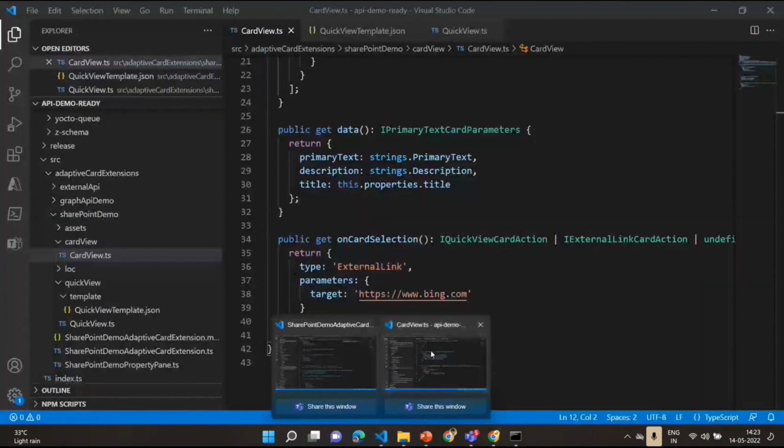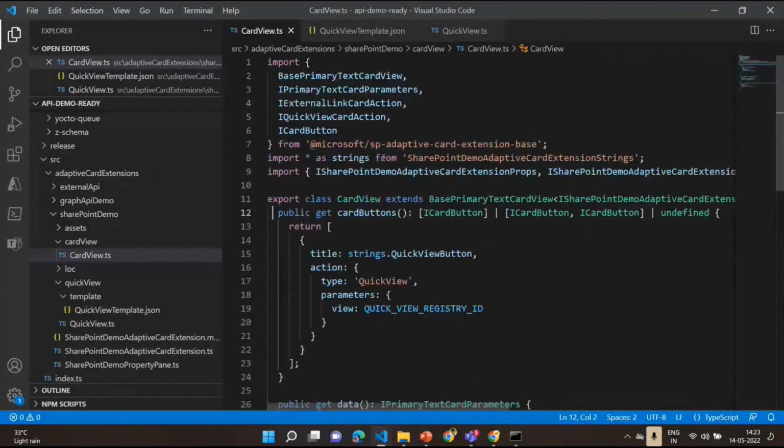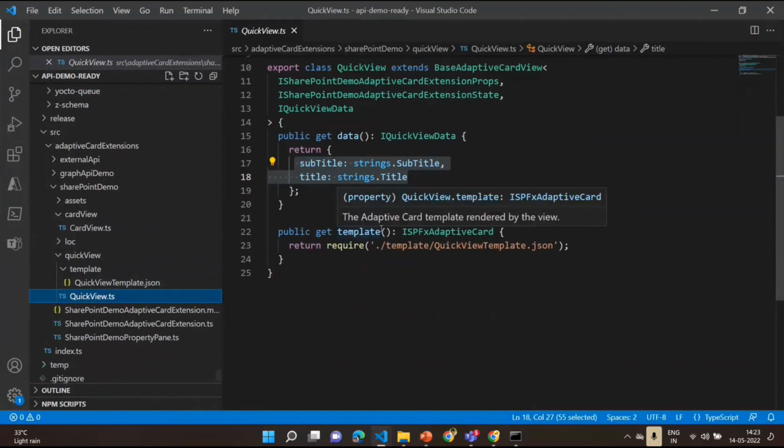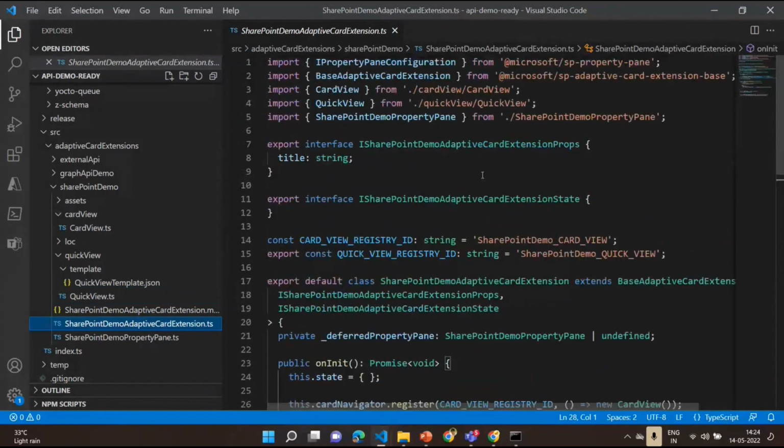Let me start doing it. To save us time, I have the base code structure ready, which I am going to copy paste from the base card. But for you to understand the different steps involved in creating this kind of card, to start with,